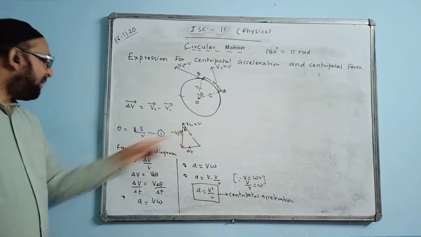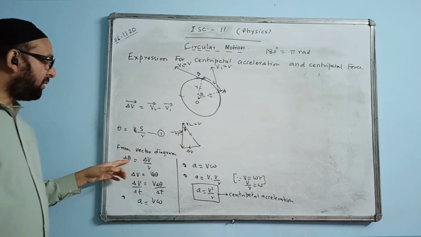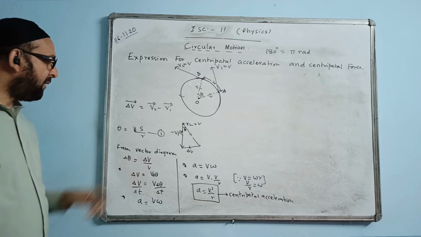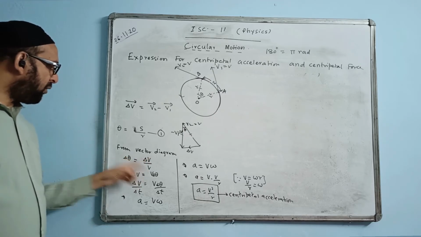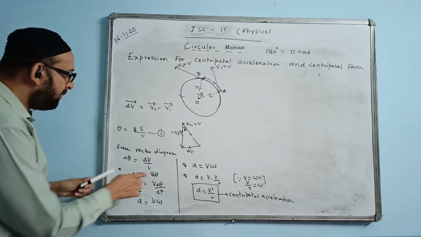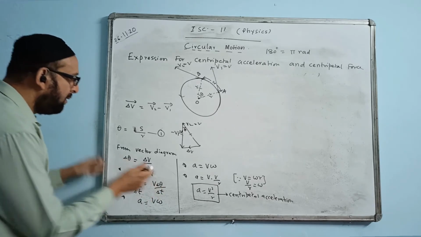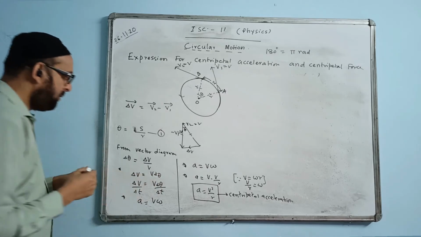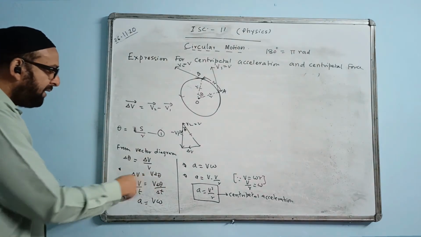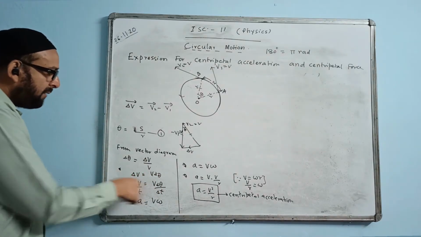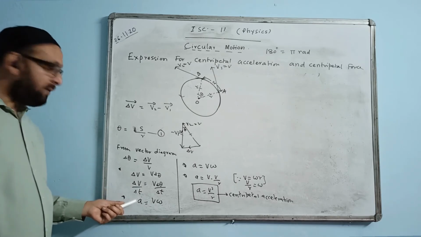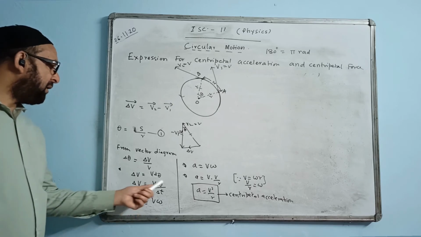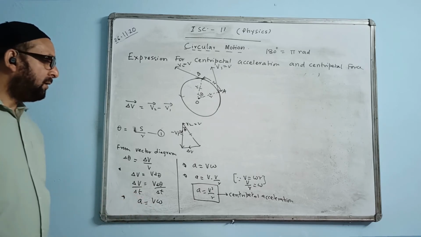Since the angle theta is variable, that's why we are writing delta theta. Delta theta is equal to delta v by v. So delta v will come, cross multiply: v into delta theta. Dividing by t on both the sides, with respect to time, delta v by delta t becomes acceleration, the rate of change of velocity. Keep v, and delta theta by delta t is omega.